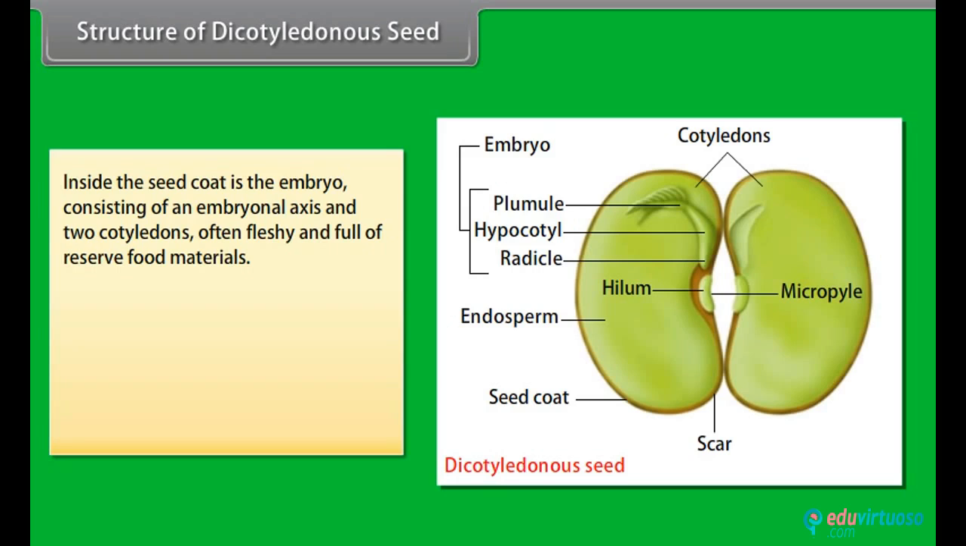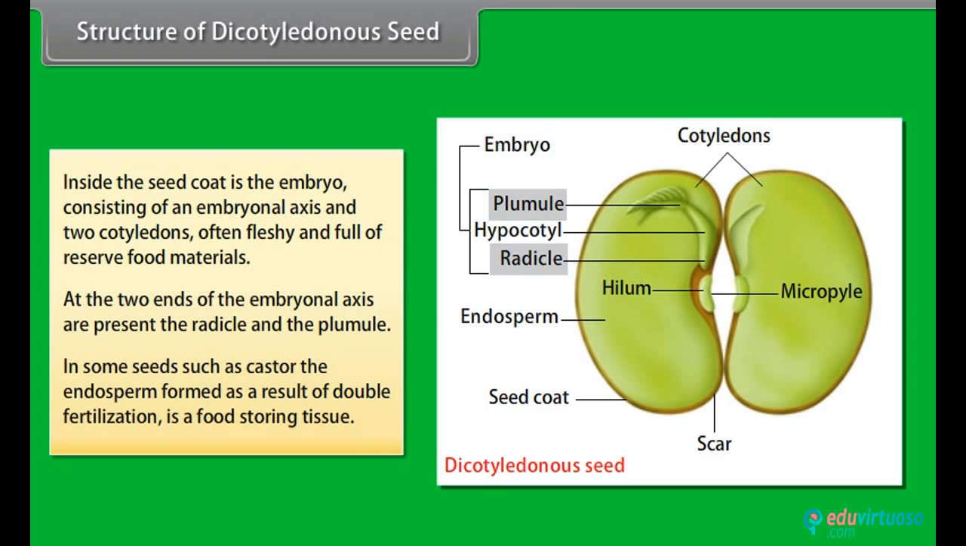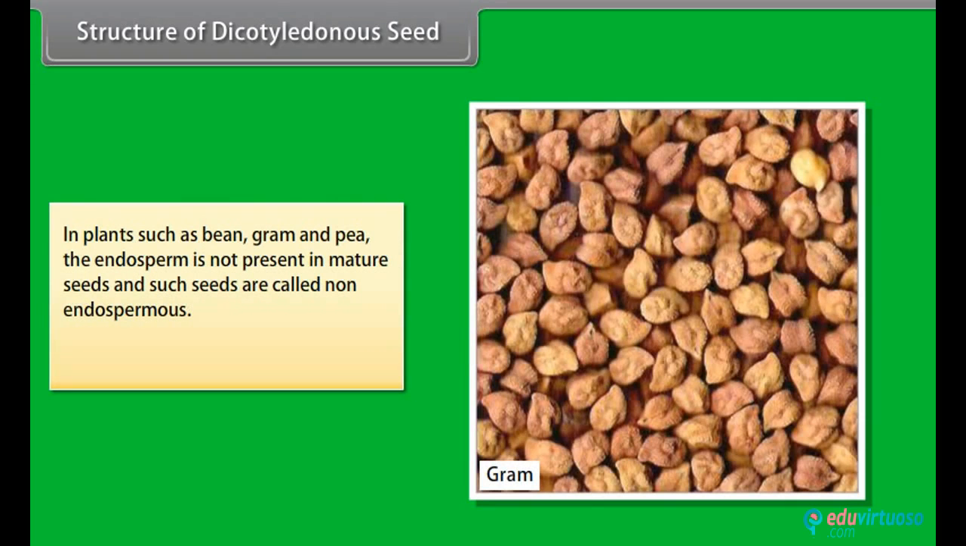Inside the seed coat is the embryo, consisting of an embryonal axis and two cotyledons, often fleshy and full of reserve food materials. At the two ends of the embryonal axis are present the radicle and the plumule. In some seeds, such as castor, the endosperm formed as a result of double fertilization is a food-storing tissue. In plants such as bean, gram, and pea, the endosperm is not present in mature seeds, and such seeds are